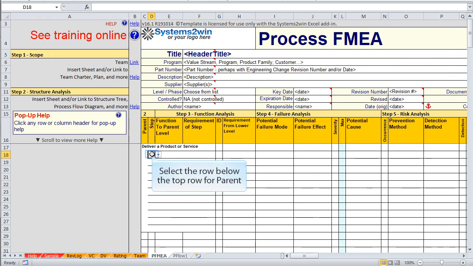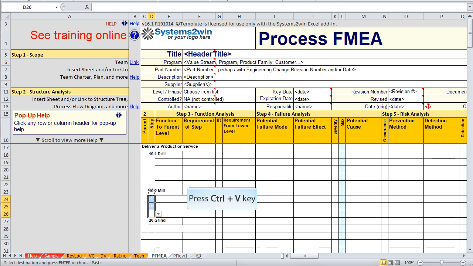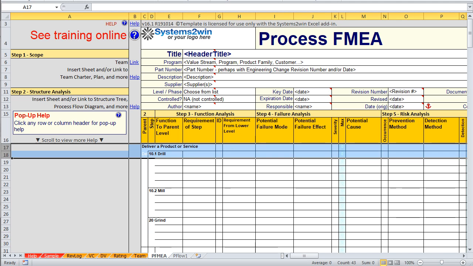So we select the row below the top row for the parent, not on the same row with the parent, and we type the step number and description for the first step and the second step and all the steps. And then we copy each and paste the repeat data using what you learned in the video for error checking and repeat data, where we learned that these top rows for both parent and step are intended to be visual section breaks with absolutely no data in any other column in the top row for each section of a parent and each section of a step.